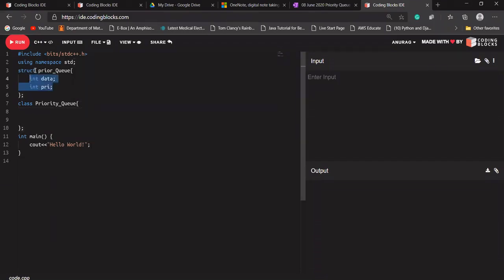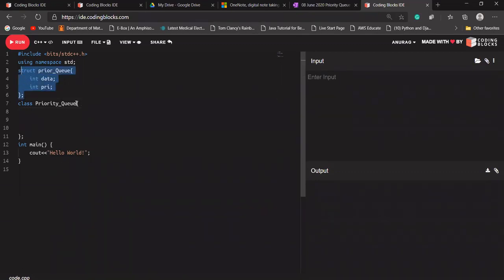If I'm using class here, these will be just the data members of that class. In the case of linked list as well, we used struct. So what I'm going to create here: because I'm going to use an array of this structure, I'm going to create an array. At this point I don't know what the size of that array will be, so I'm creating a pointer of that array, a pointer of this structure type.